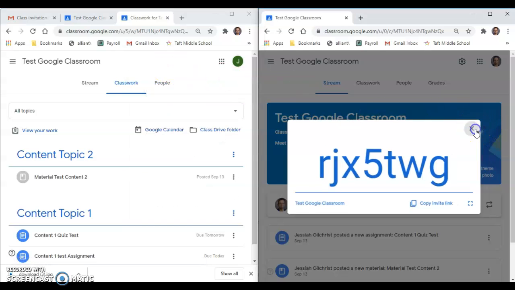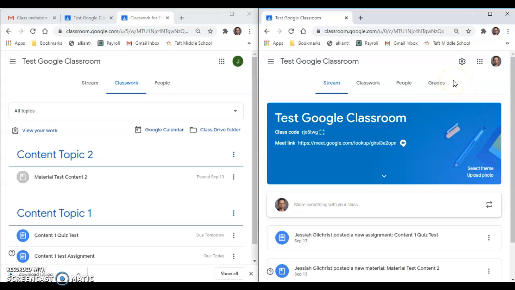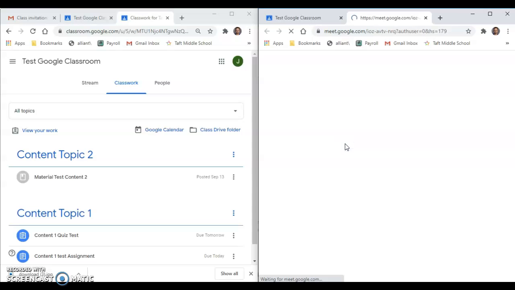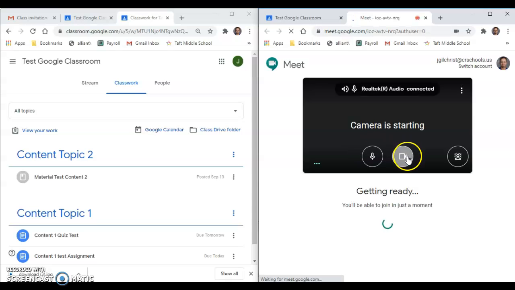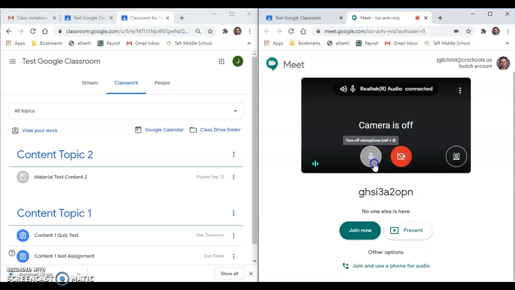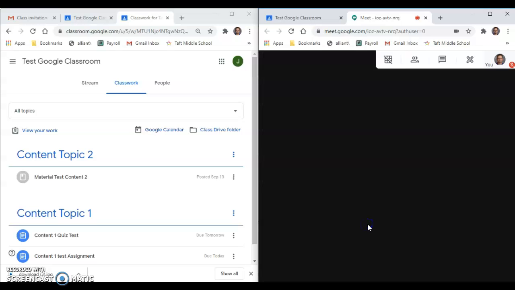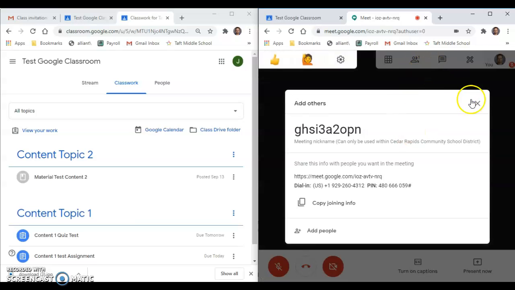Once that Google Classroom has been given access to the sub, then we're going to go back to the secretary, and we're going to have that secretary provide access to the sub for the Google Meet that they'll be needing to run the classroom for that day. That secretary or other person is simply going to click on the Google Meet to open it, and once opened, they're going to join now to open up the Meet,